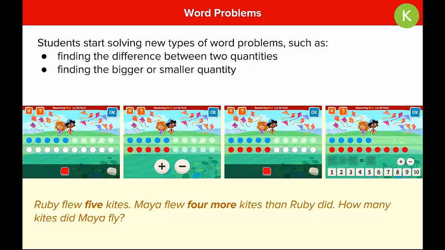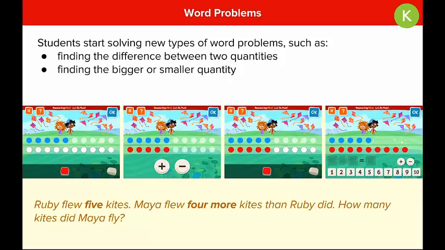So the way we make models for more than and less than, as you can see here, well, first we make 5 dots for Ruby's kites. Then we know